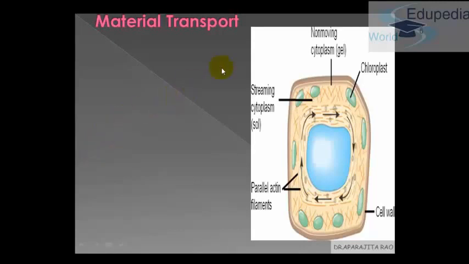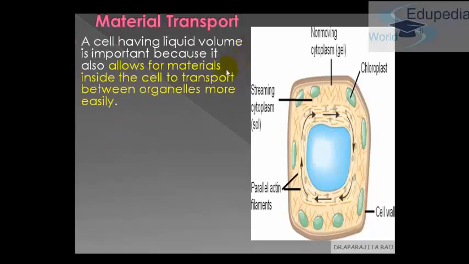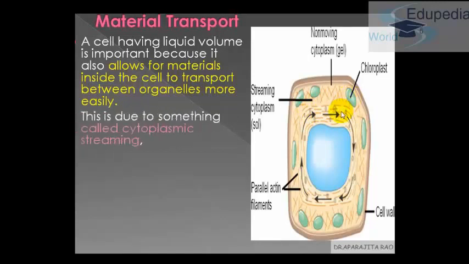The next function of the cytoplasm is material transport. It allows the materials inside the cell to be transported between the organelles. If one organelle needs A and the second organelle has it, how does it move from here to here? He has what this chloroplast needs. There is a flow going on here. If you can see, the arrows are here. This molecule will go through the cell till here and the chloroplast will take the molecule. This is how the material is transported, and the terminology given to this process is cytoplasmic streaming.